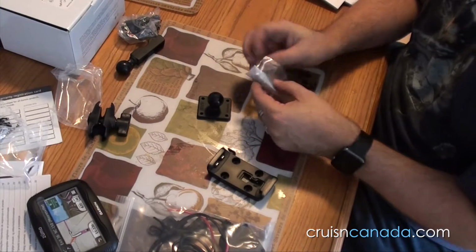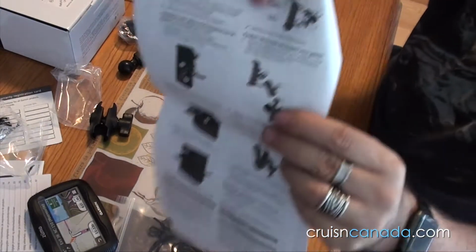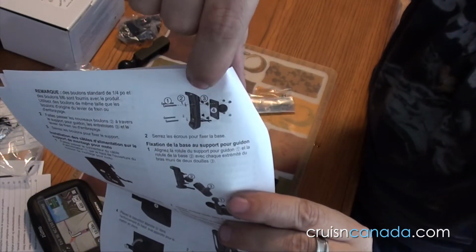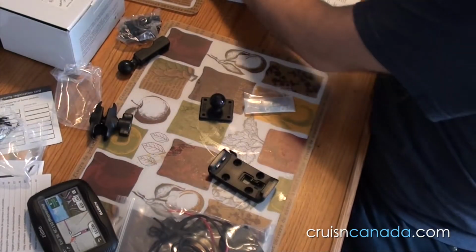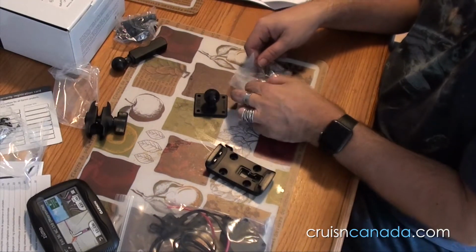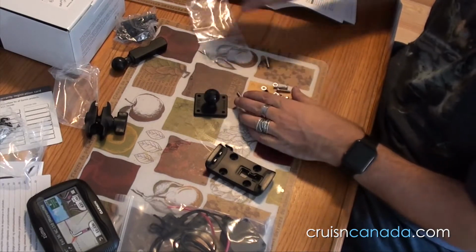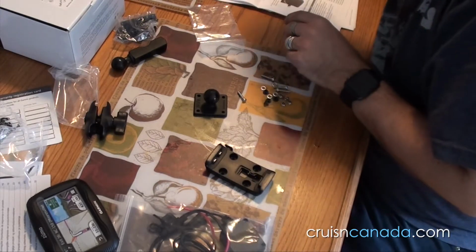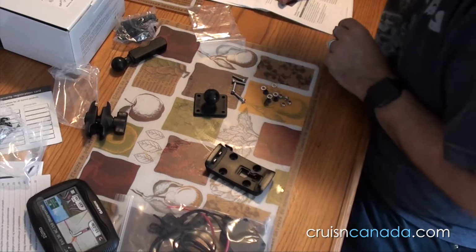So this one here, nice and simple. One of the things I think is you'll see that they put this in this nice little vertical, and I'm going to do it like that because anytime you're dealing with screws and trying to do it face down, it becomes a bit of a pain. So we are going to open up these and get them out of here so they don't go too far. Nice and simple, it is 4 bolts, 4 washers. Alright, so,